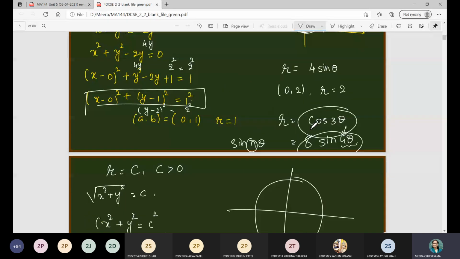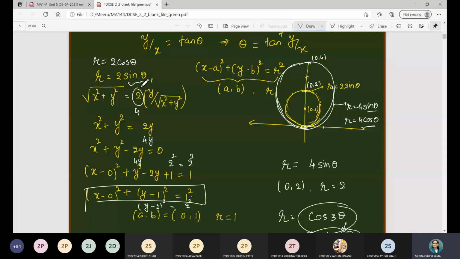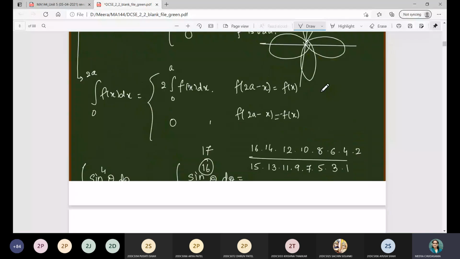See, by r is equal to 2 sine theta, substituting r is equal to square root of x square plus y square and sine theta as y upon r, by simplifying you will get this equation, and this is the equation of the circle centered at (0, 1). Similarly, when you consider 4 sine theta, it will be centered at (0, 2) with radius 2, right? So let us